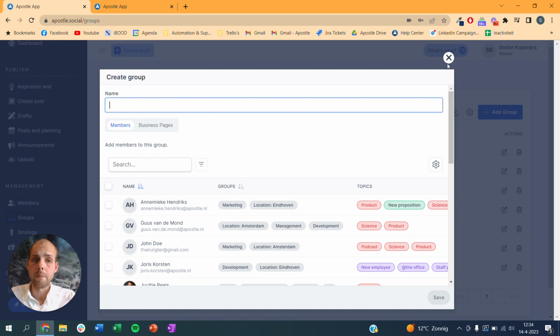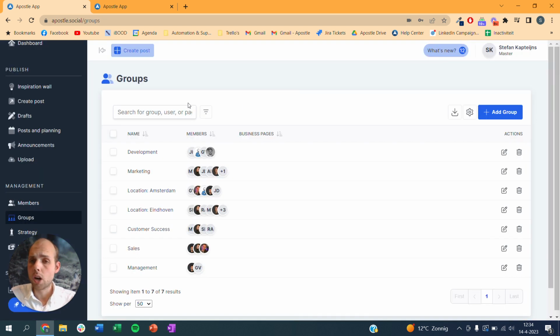Common groups that we see are based on job titles or backgrounds, but also in terms of location, for example. So we have a couple of people working from Amsterdam. We have a couple of people working from Eindhoven, for example. Let's say you have a vacancy post. It doesn't really make sense to share a vacancy for Amsterdam with the people who are working in Eindhoven, for example. So that would also be a way to segment your group and to make sure everyone is receiving the